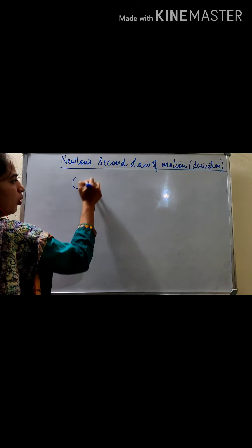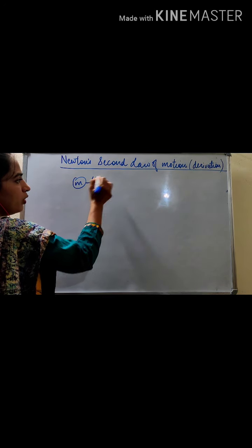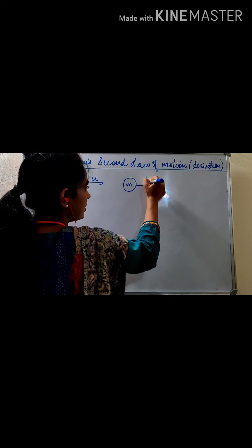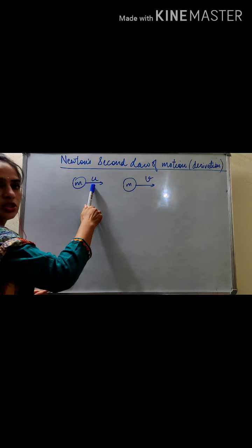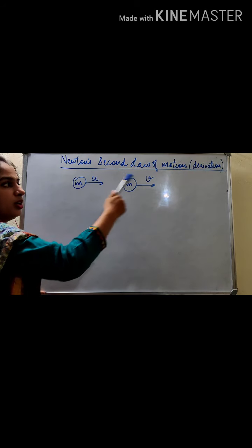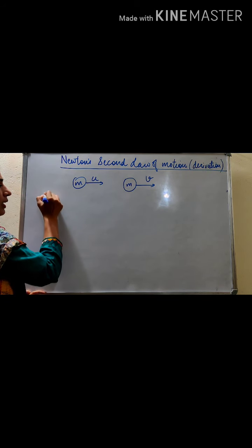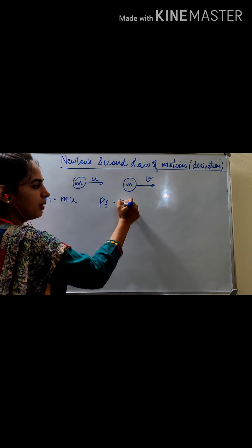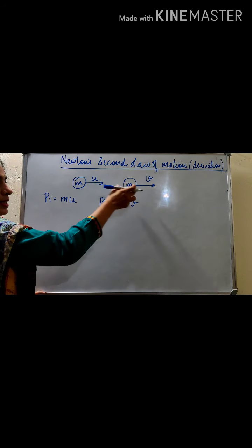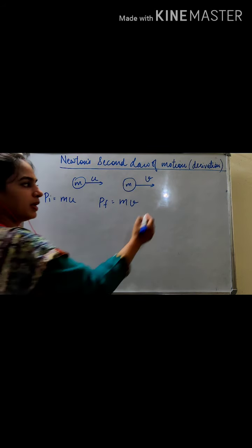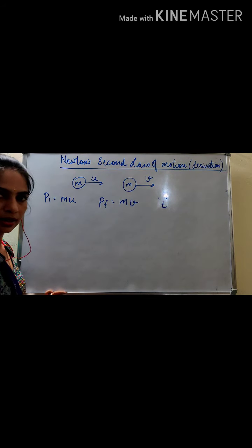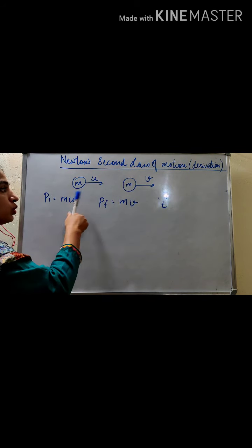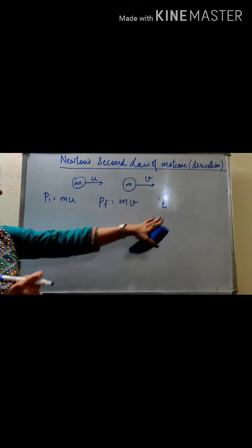Let us consider a body having mass m moving with some velocity u. There is acceleration in the body and its velocity changes and it becomes v. So what is the initial velocity of the object? u. Final velocity is v. So can I write initial momentum is m into u and final momentum is m into v. Right? Let us say this change in velocity takes place over a time interval t. Obviously, some time will be required for a body to accelerate. Suddenly, you can't accelerate.